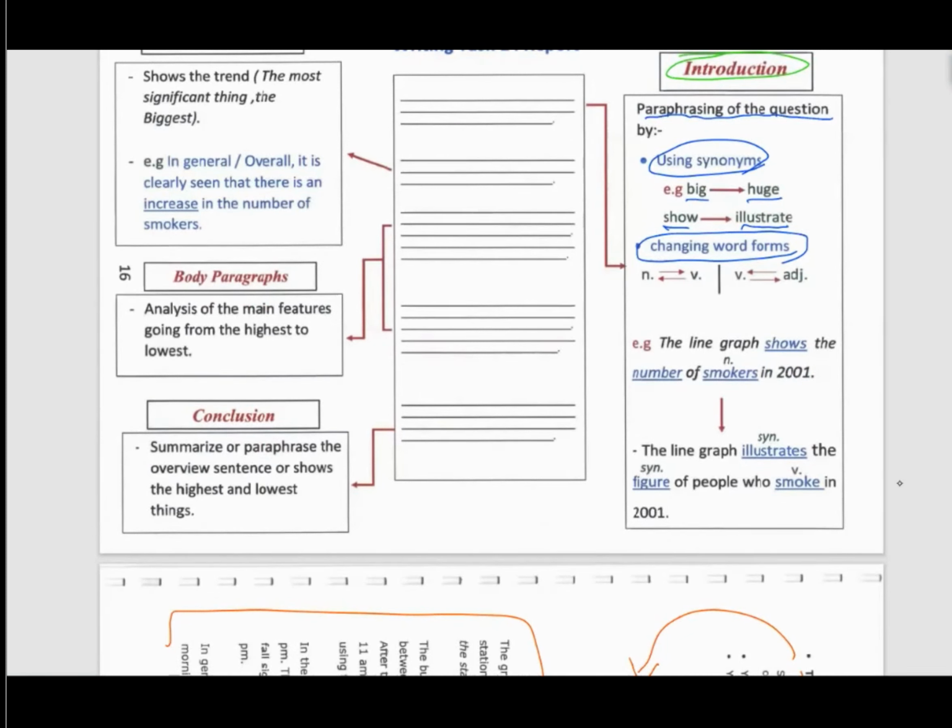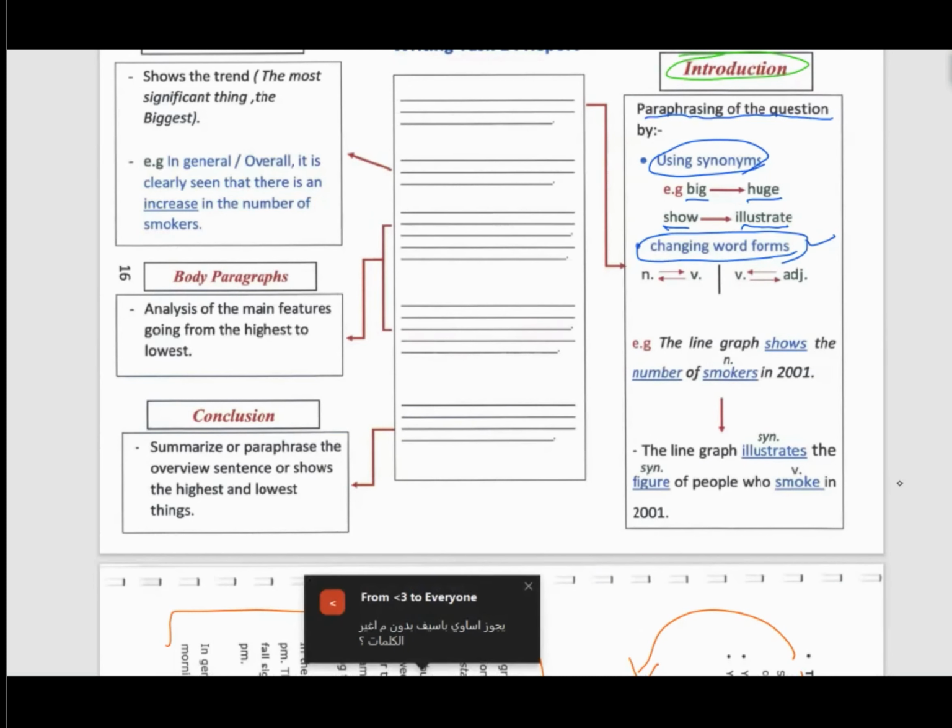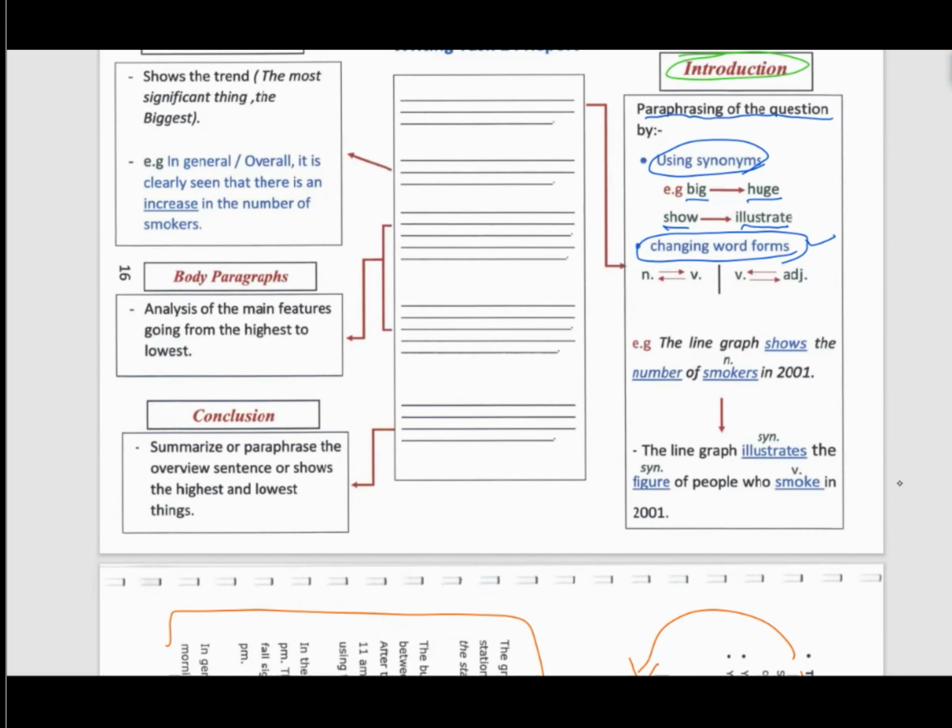Another way of paraphrasing is by changing word forms. How? You know, there are 4 forms of the word. The word can be a verb, a noun, an adjective, or an adverb. That's another way. Thank you very much. Yes, you can use the passive. Excellent. If the sentence is active, just put it in the passive. That is another way. I don't want to include that way here because it might confuse some students, but yes, that is a very good idea to paraphrase.